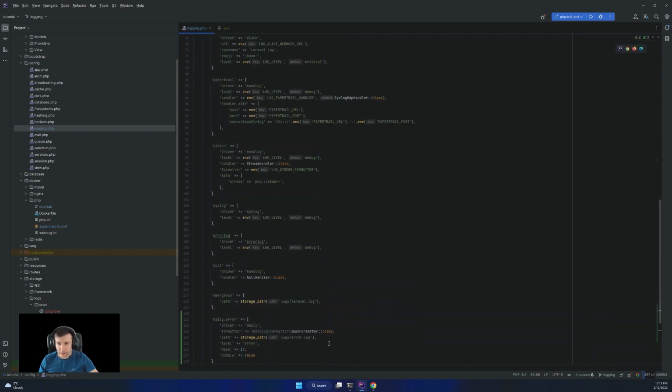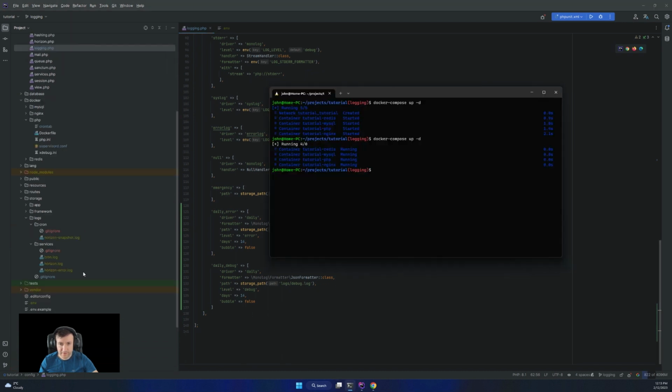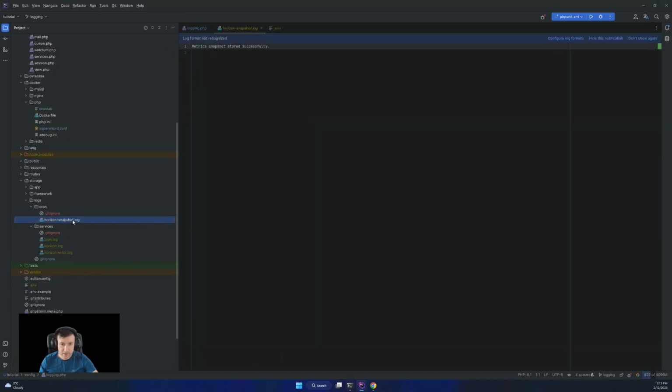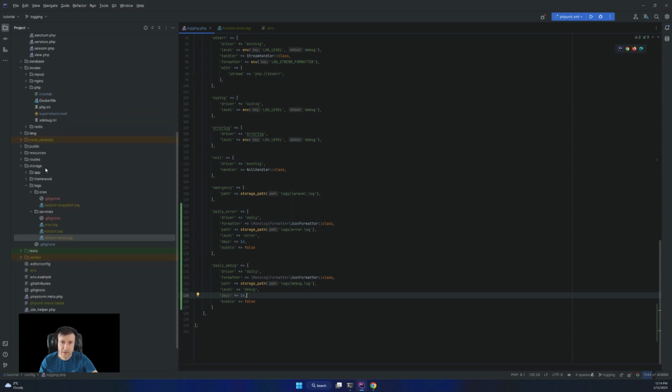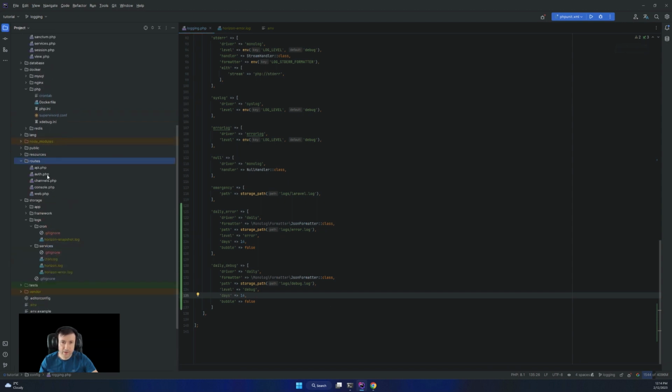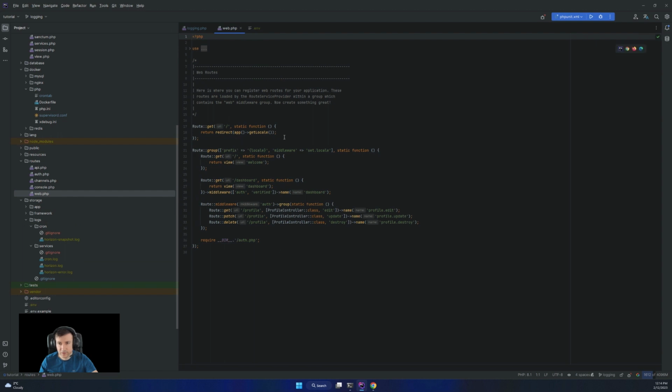Now we have everything set up. Okay, horizon snapshot is already in cron in here. We have all this. Let's test this and see if it works as expected. I'm going to create a new route, a test route. So I'm going to add it in here.